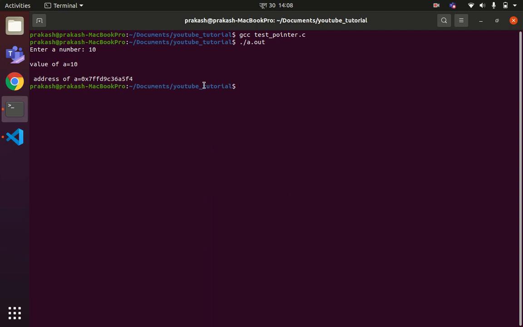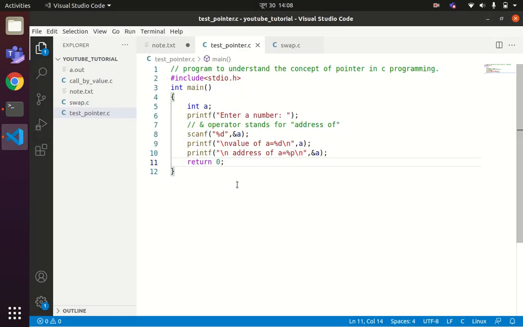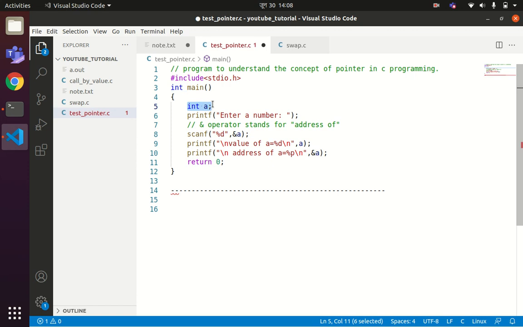Okay, so let us understand the logic of this program also. What happens is, when you declare any variable, something like int a, the int keyword, or the data type, will tell the compiler to do what? First, reserve memory. What is the space requirement for int? It is 2 byte or 4 byte.